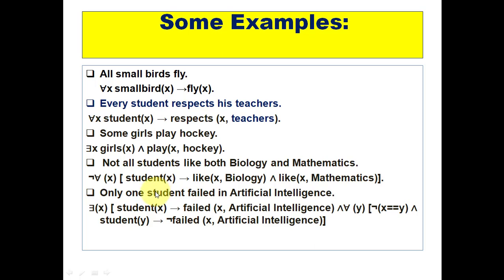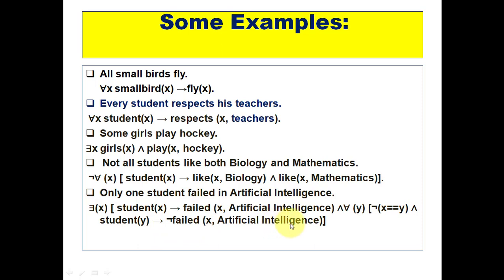Clear? Then only one student failed in artificial intelligence. This statement is again very important. I am talking about only one student. So there exists x, student x implies failed x artificial intelligence. Okay, this statement will mean some student x, artificial intelligence is not passed by him, failed. Conjunction, for all y, then negation x equal to y, means x is not equal to y. Now student y implies negation of failed